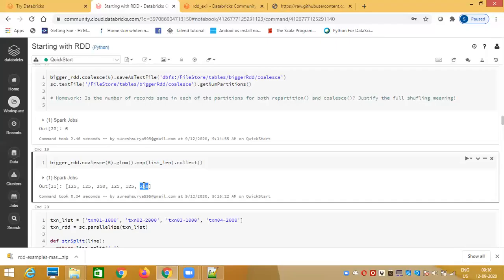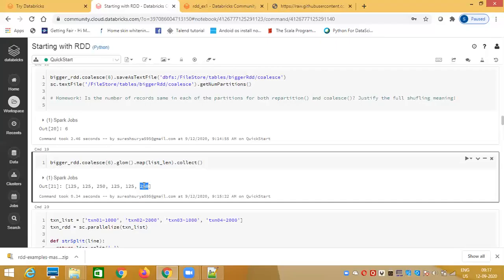It basically works in that way. Whatever we are discussing, I'm just trying to justify programmatically. So we are saying repartition does full shuffling, and we have seen earlier that the number of records always fluctuates. Not just a few partitions, rather every partition's records fluctuate. Initially 125, you increased it to 10, you saw some have 80, some have 90, some have 100, 125, like that each and every partition gets shuffled. You reduced it to 5, same thing. Each of the 5 partitions has a different number of records.